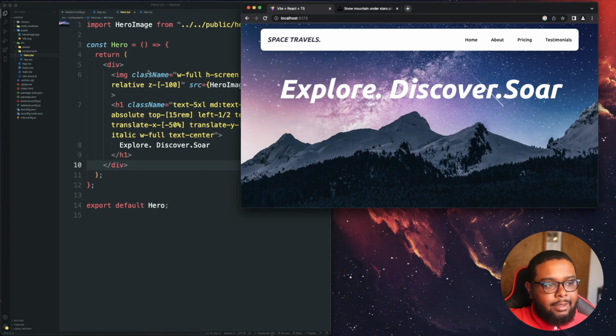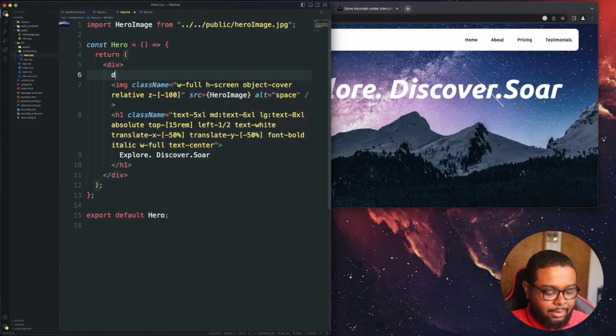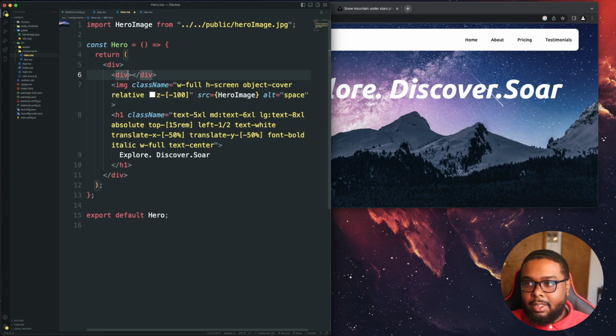So I did add a little something. As you can see, the text kind of doesn't fit in with the background. You can barely see it. So what I did, I added this little div on top of this. I did a div, and this is optional. I did nothing inside this div. I did a class name,